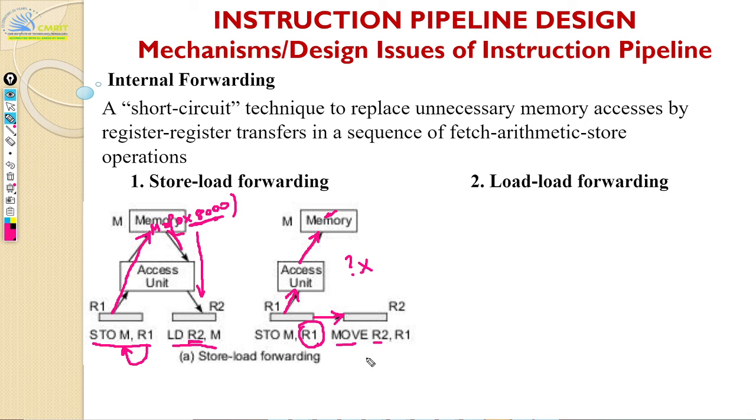That's all, right? But who takes care of this? The reservation station. Previously we had several reservation stations, right? There the tagging unit was tracking which functional unit is doing what. So you will know that this store has r1, and then it will inform the other instruction that, hey, don't go for memory. I have a better shortcut for you. Just take it from this guy. So this reservation station is going to tell you, just pick it up from this R1. Clear? So this is your store load forwarding.